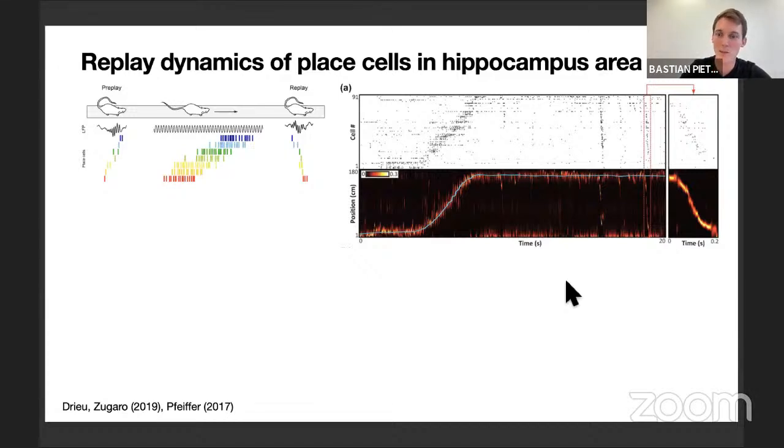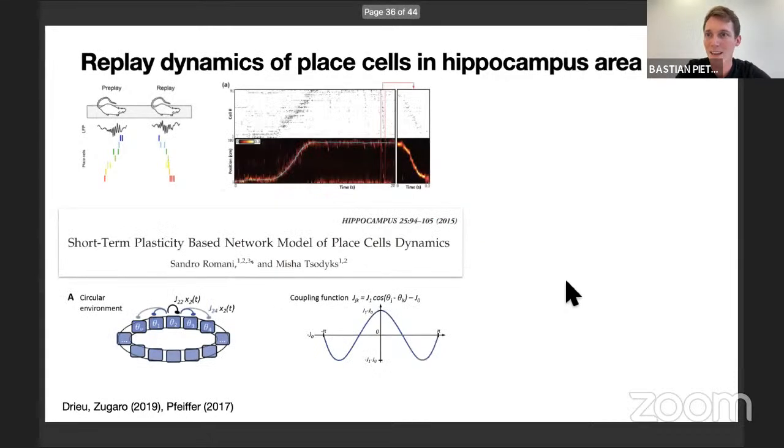To model that, it's better to really look at hippocampus area CA3, because there we know that we have some sort of recurrent connectivity, so that we can store an environment in the coupling of different neurons or different populations within the circuit. So one of the important models was by Romani and Tsodyks 7 years ago, where they considered a